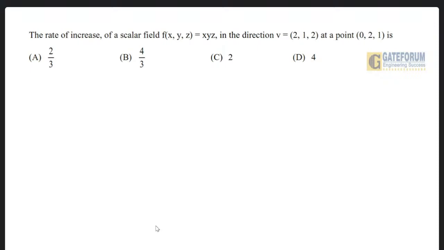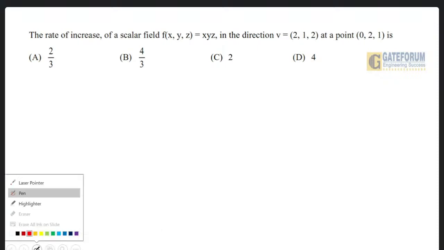This is from vector calculus topic. Subtopic is vector differentiation, directional derivative, etc. The solution is